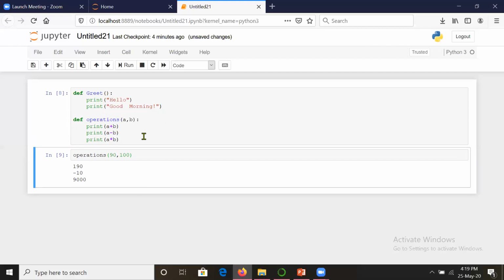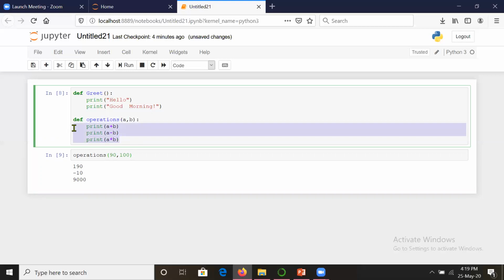But many of the times a problem occurs, like we do not want to print these values that are getting resulted, but we want them to be utilized in our main program. So what is needed is that it should return the values. But here it is not one value that will get returned, because we want addition also, subtraction also. So we will be taking those values into variables. Suppose C, D, E variables we have written, and now we want to return these values.